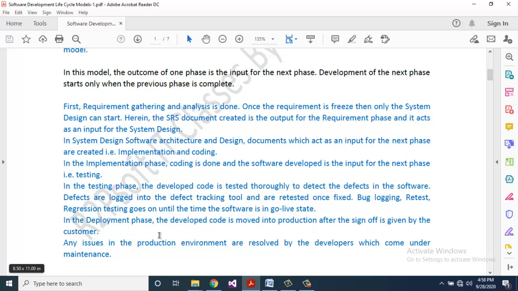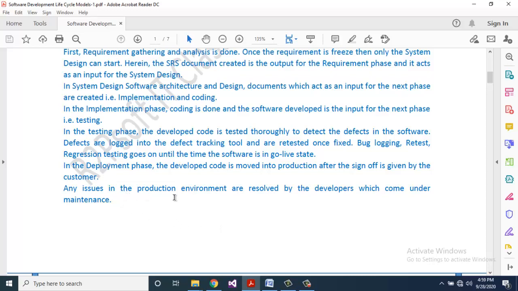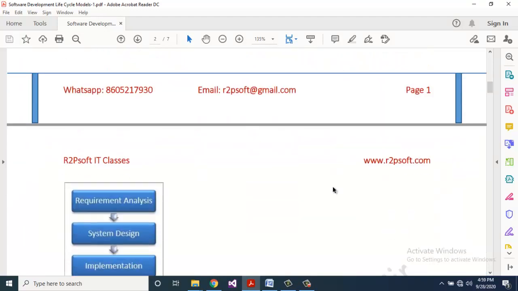In the deployment phase, the developed code is moved into production after the sign off is given by the customer. Any issues in the production environment are resolved by the developers, which comes under maintenance.